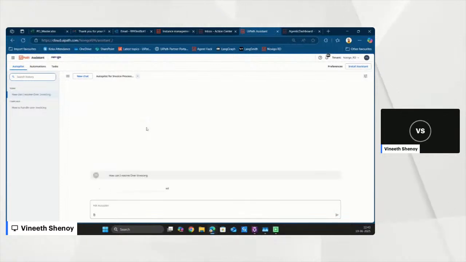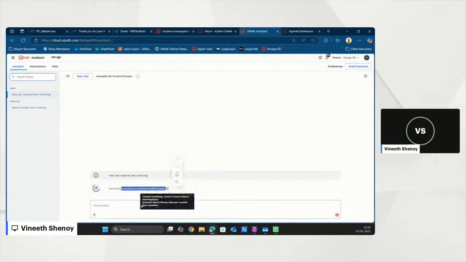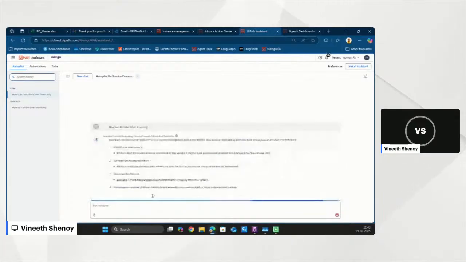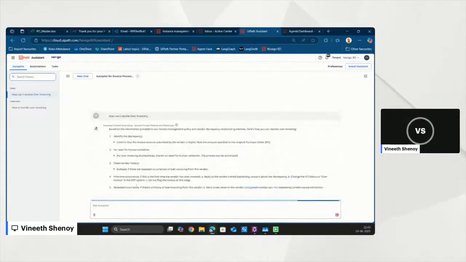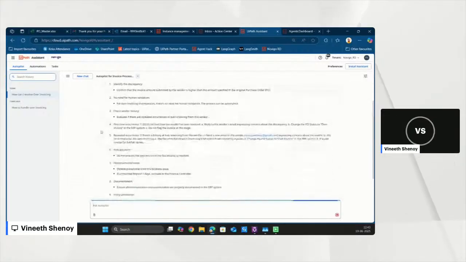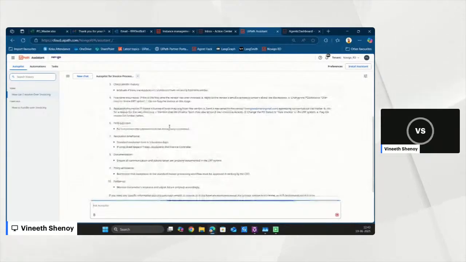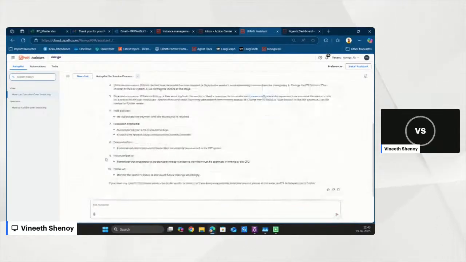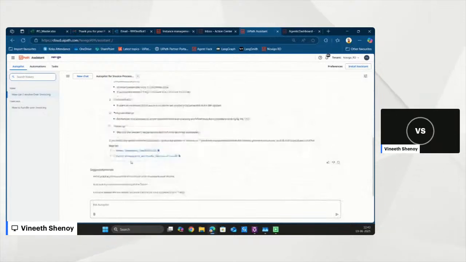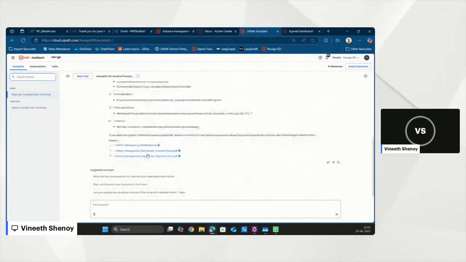This is a specialized autopilot for everyone. It will directly search the context grounding sources. The files that have been uploaded there will be accessed, and as you can see, it gives me accurate answers based on the policy that it has found in the backend. These are the same steps that the agent will take. It will also give you the sources, the files, and the link to them.